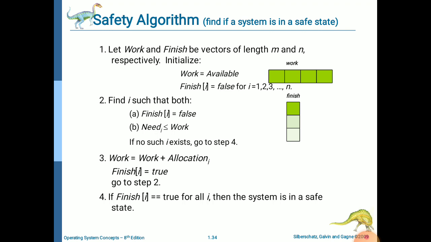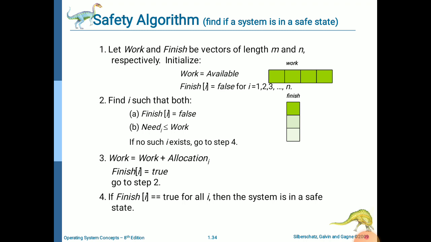So with these, whether the present state of processes is possible to execute completely or not, that is called the safety check. Let us look into this safety check algorithm. First, consider two arrays, work and finish, vectors of length m and n. One is for resources and the other, n, stands for finish, I mean processes. Work is equal to available.